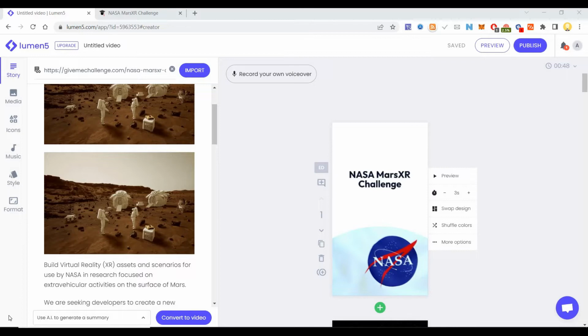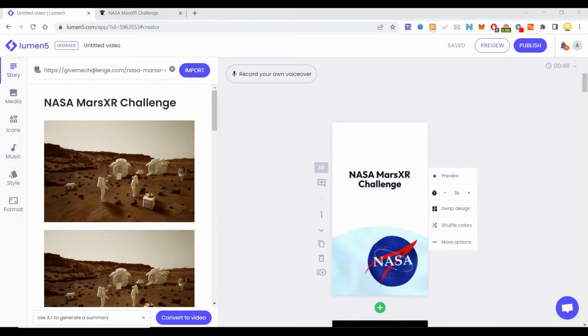Today I will show you a platform called Lumen 5 using which you can create videos. There are many platforms that help you create videos, but what makes this different from other platforms is that it uses artificial intelligence to make these videos automatically for you. That means if you come here, it can even turn a blog post